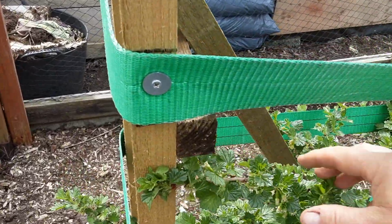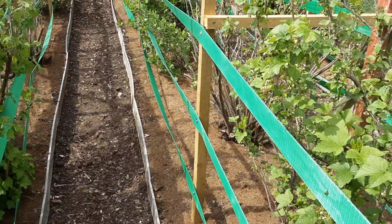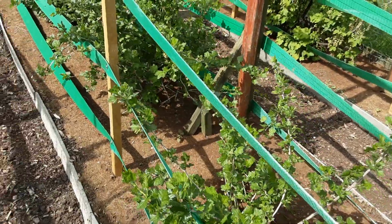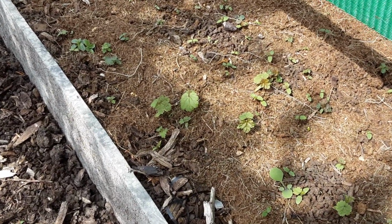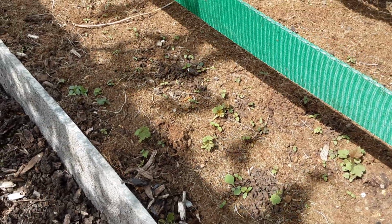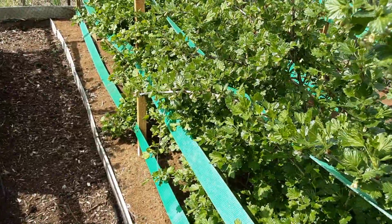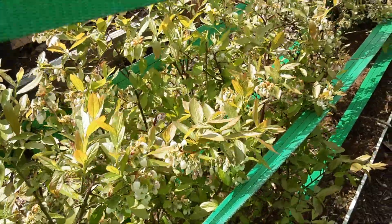We were lucky enough to have enough time to get these straps sorted, and I'm trying to move the branches so that they sit on top and they don't sag down. As these get longer, we may be able to pop them up, but like I said, this wind is quite rough. I did notice that all last year's berries that fell on the floor are all growing nicely, so you could quite easily create your own bushes, and the berries have just started to form now, and you can see already they're starting to take over, but these here have been placed on top, so as soon as these get a little bit longer we can do the same. The blueberry flowers are doing really well,